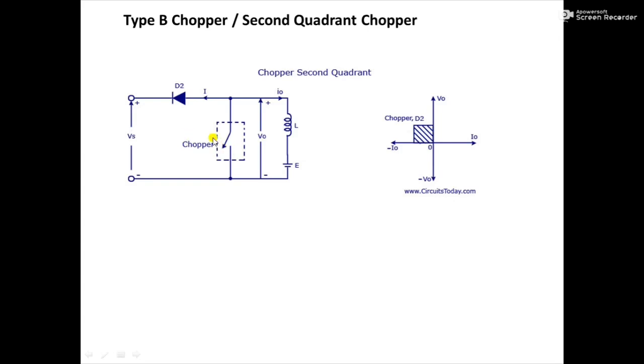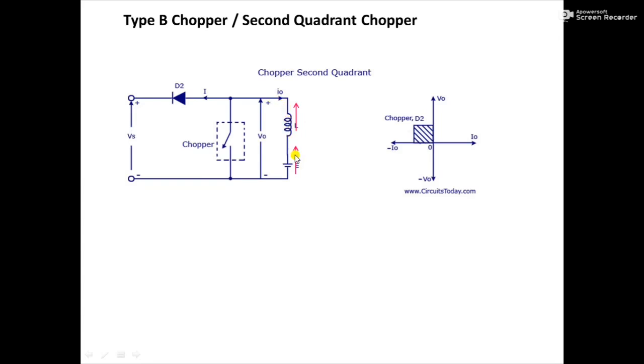First case is when the switch is closed, that is when the chopper is on. Now when the chopper is on, you see here this positive terminal is coming at the cathode of D2. So D2 is reverse biased, so there is an open circuit here. Chopper is on, so there is a short coming here, and therefore your output voltage V0 will be equal to 0. But at the same time, this DC supply voltage E will start providing current, and the current will slowly start increasing through the inductor.